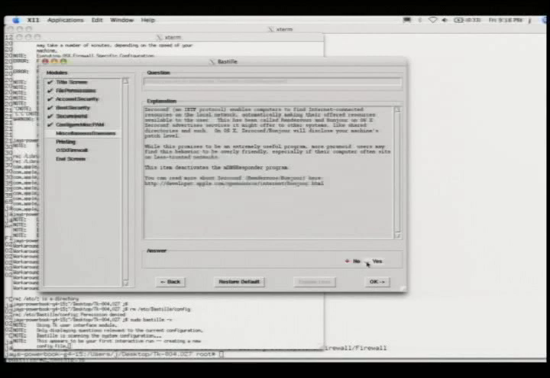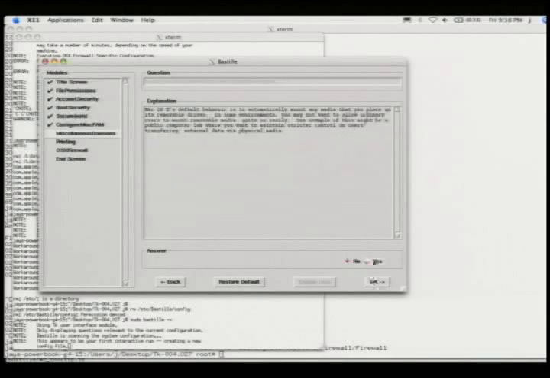Here's the question I like. This one says, do you want to turn off zeroconf, Bonjour, Rendezvous, this thing that doesn't know what its name is? You can say, yes, I'd like to turn it off, or no, I don't. If you're at a conference, please, for the love of, just turn it off. What else? I can turn off the auto-mounting thing so a kitty can't walk up to my laptop while I'm not looking, plug in a USB drive, unplug it, and walk off. I won't tell you what that does, but it'd be bad.